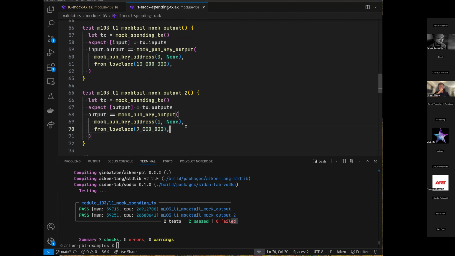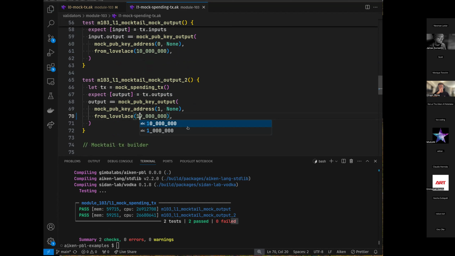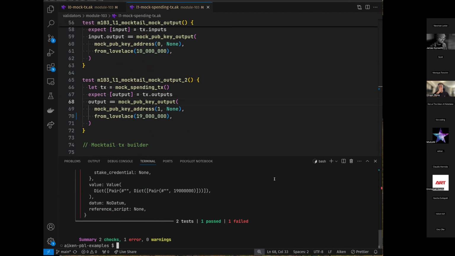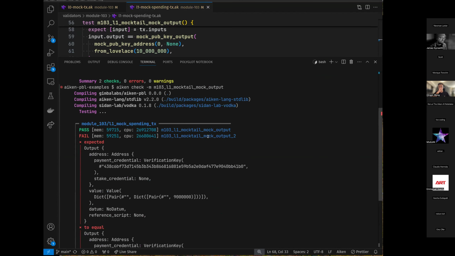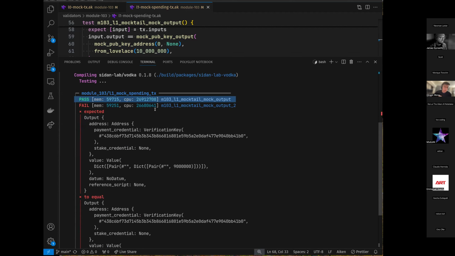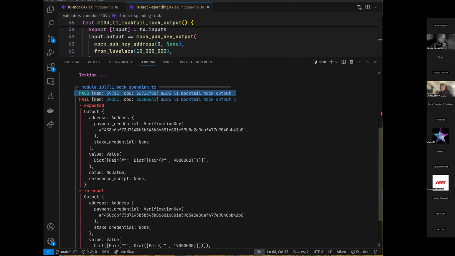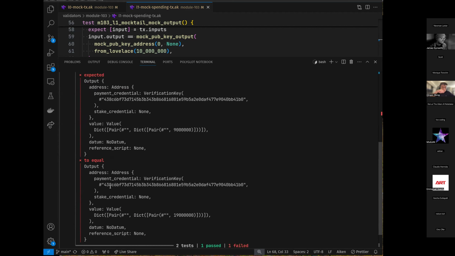And we want to make sure that that output is going to this other address and that it's getting this much. Of course, if in my mock transaction, I try to send 19 ADA instead, and I run this test again, of course, the second one is going to fail. First one, still A-OK. I didn't change that. But the second one, we got a nice big error. And it's taking us through the entire